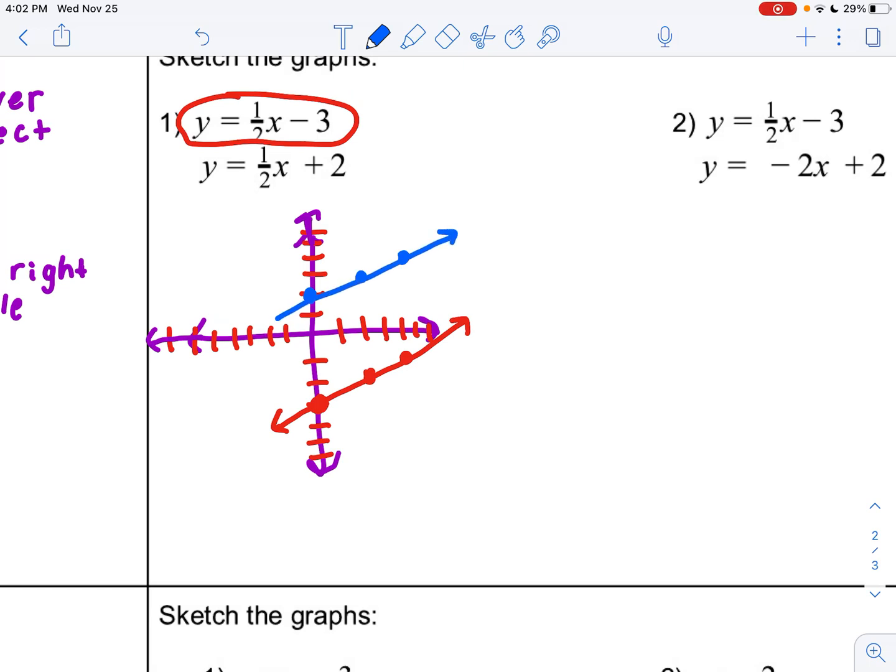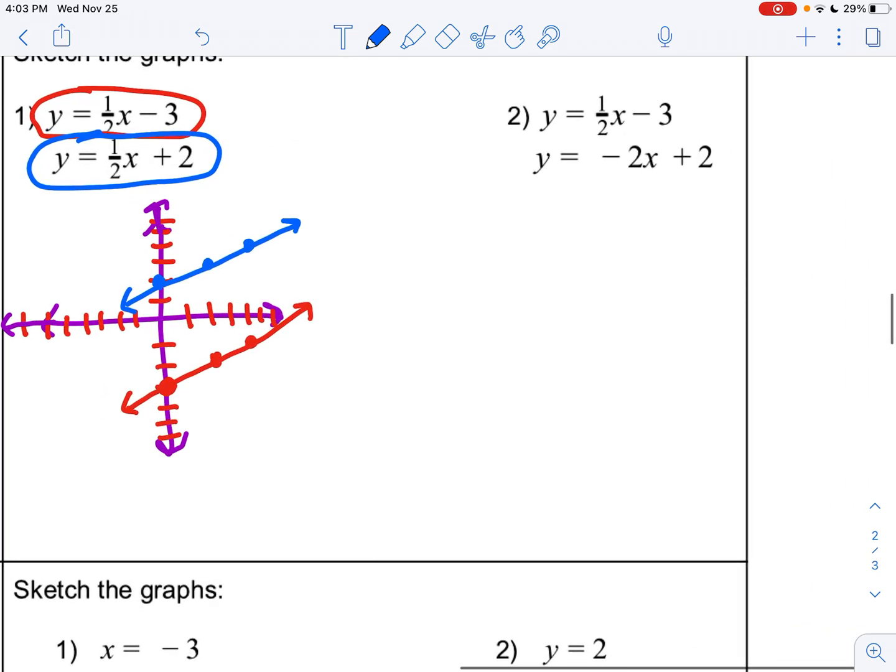And this might not look parallel because, first of all, my lines aren't perfect, and second of all, I drew the graph. But these are never going to touch, okay? Because they are parallel lines, because they have the same slope. Now for this one,